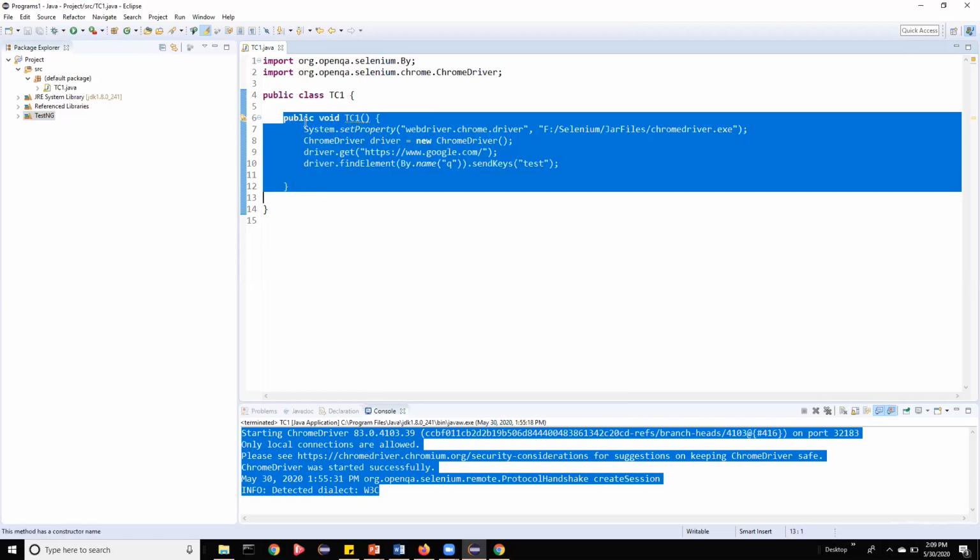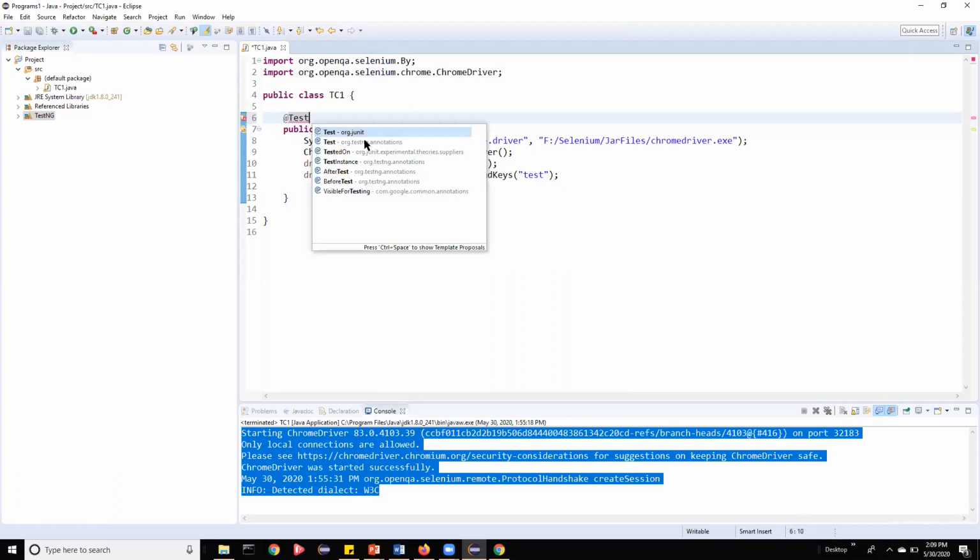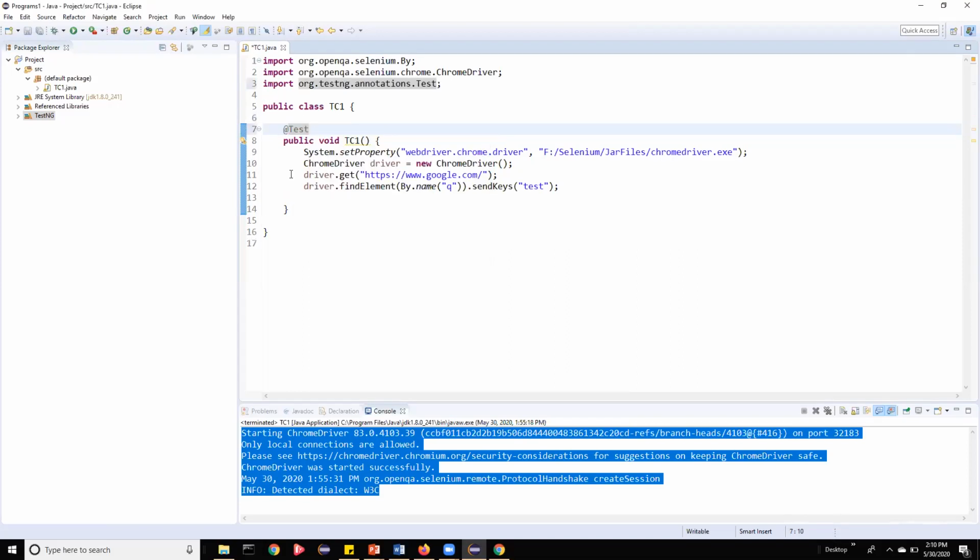How do you make it one? In TestNG, we have something called the @Test annotation. If you add this annotation, make sure you get it from org.testng rather than org.junit. I'm selecting from TestNG here. Now this will become one test case.